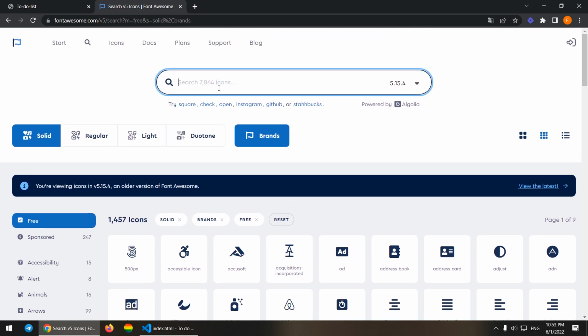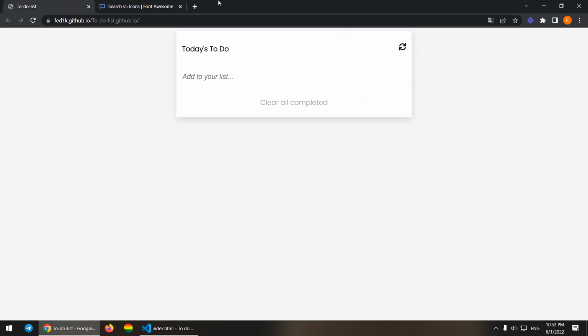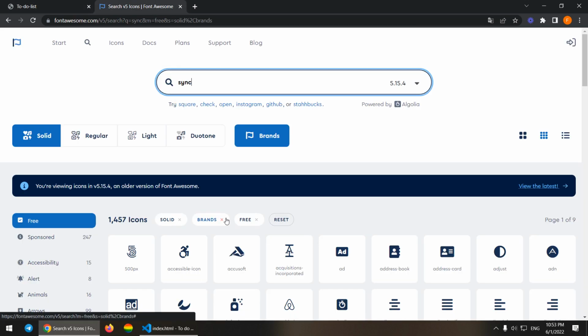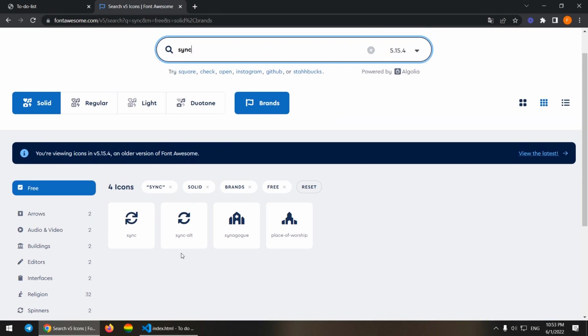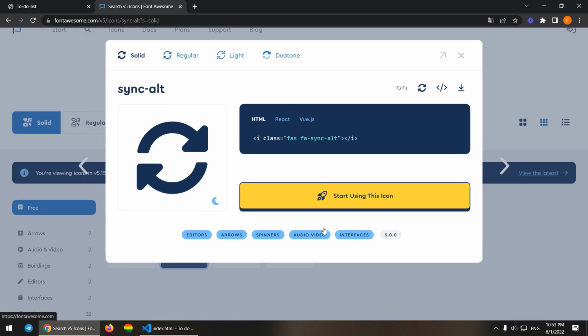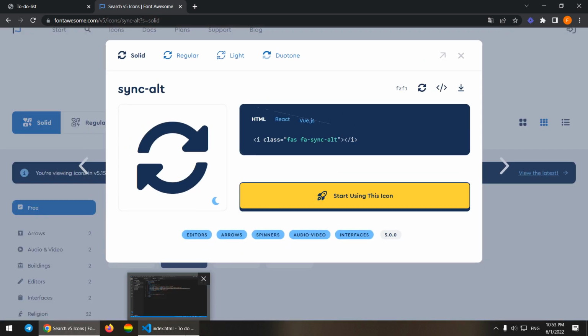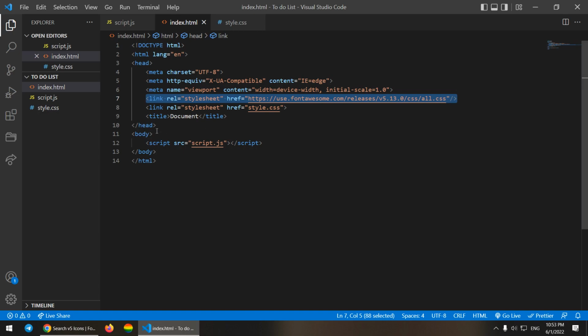And after that, the icon we need is this sync. First of all, you can just search sync, and you can go for whichever you want. I'm just going to go for this one. Let me build the